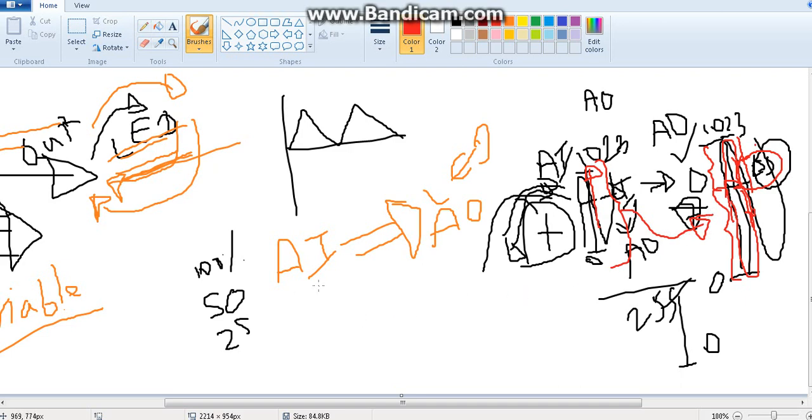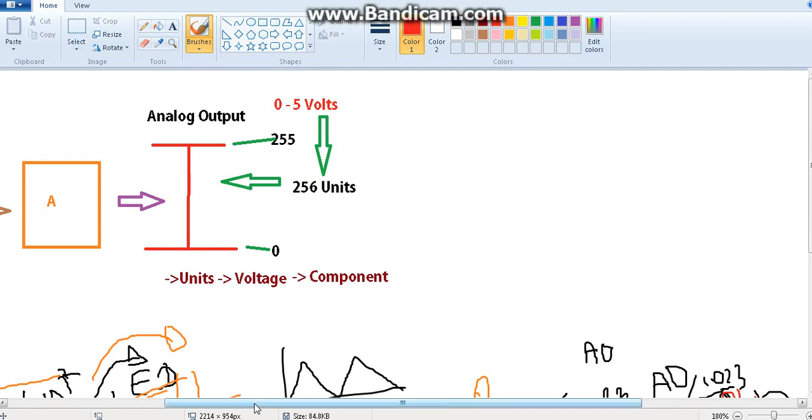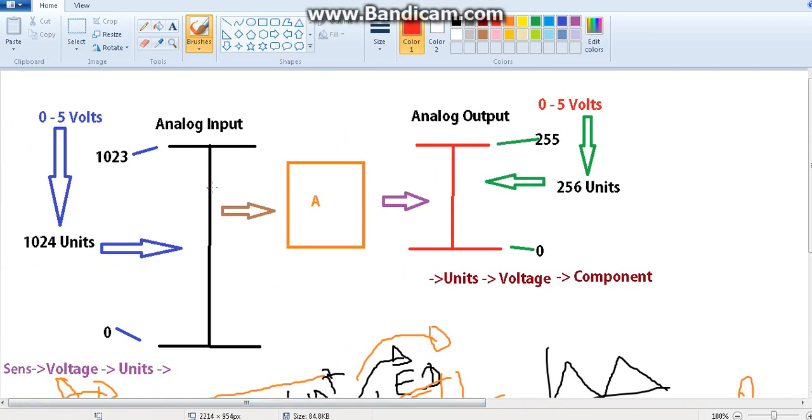So what we have to do is, we have the input, 0 to 1023. We have to take that input. We cannot directly pass it. Let's say this is in A0. We read it and take it. A0 is the pin number, so this is the analog input.